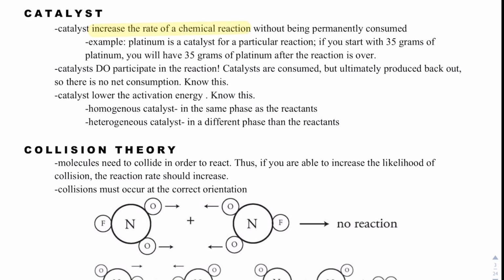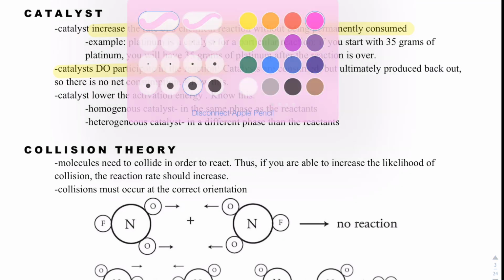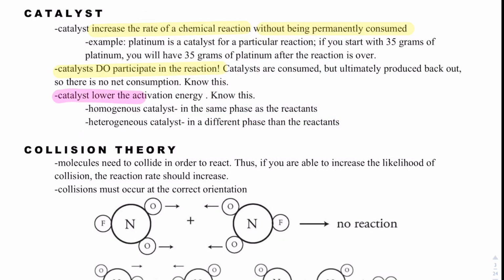However, catalysts are not consumed in a reaction, but catalysts do react. So if I start with 35 grams of platinum, I'm going to end up with 35 grams of platinum after my reaction is over. Here's what you want to know, and I'm going to highlight that one in pink as well, that catalysts lower the activation energy. And AP doesn't typically ask this, but homogeneous catalyst means that it's in the same state of matter as your reactants, whereas if it's a heterogeneous catalyst, it's in a different phase of matter. Okay,